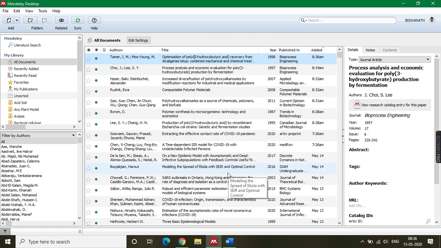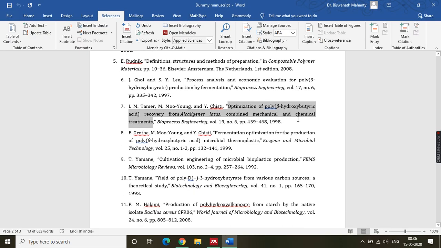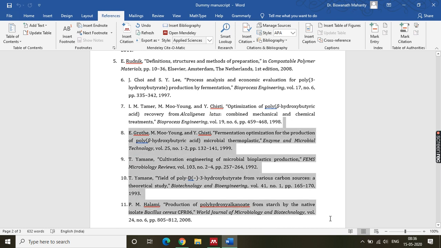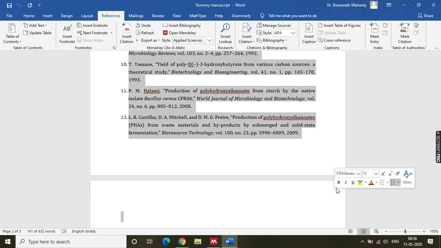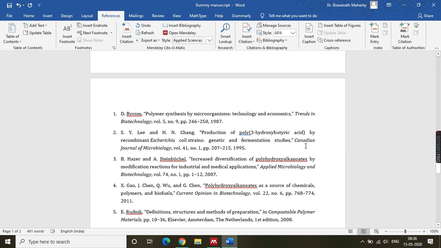So in this way we have learned how to enrich your library. I have added some 7 papers here. Now I have to put those papers into our manuscript. For example, up to 7 only I am doing. I can do further, but I am just skipping it. So all the 7 papers I need to put in proper position.